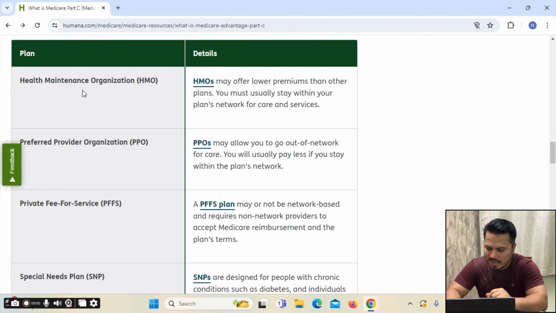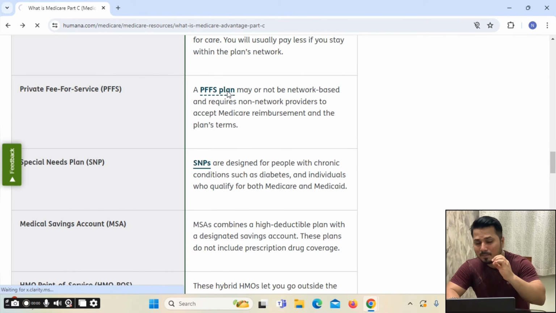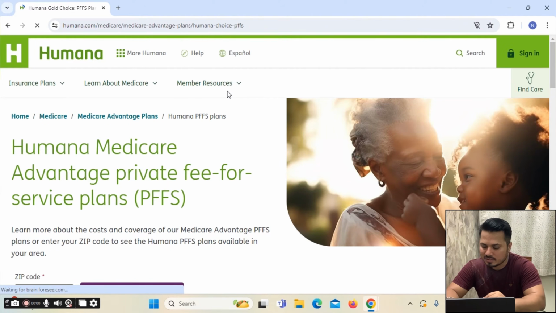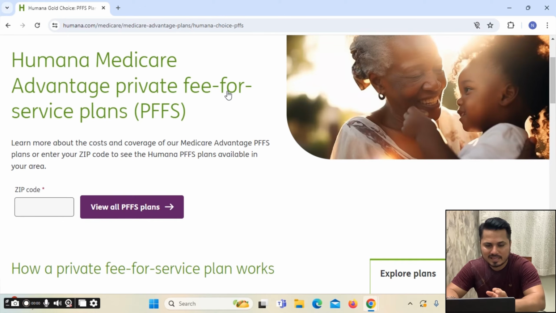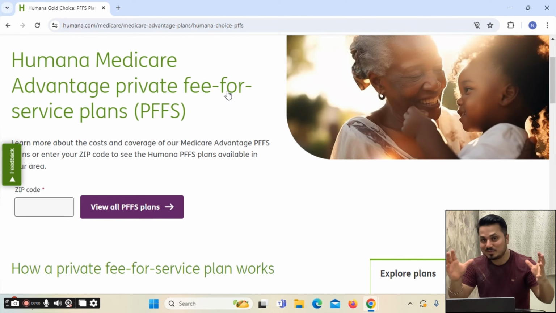All right. Okay, then. Now let's understand private fee for service plans, which is also called PFFS plans. Let's understand the PFFS plan in detail. So I've clicked on this option. Now, Humana Medicare Advantage Private Fee for Service Plan. This is the full form. So every time I will not use the full form, I will use the short form. Remember. So it is Humana Medicare Advantage Private Fee for Service Plans, which is called